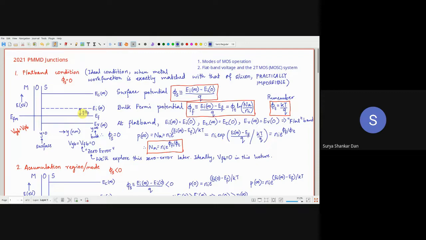And we have already seen that for anything at equilibrium, there will be no current, and the Fermi energy level is always going to align. So as far as the MOS capacitor is concerned, you are not going to have any difference in the Fermi energy level anywhere in the device. And then you might be thinking, "Acha, current kahan se aayega fir MOSFET mein?" Because remember, in the MOSFET we are applying the drain and the source terminals. So there is also a lateral field which will come into the picture, and that lateral field is going to disturb this Fermi energy level. We will look into those effects later.